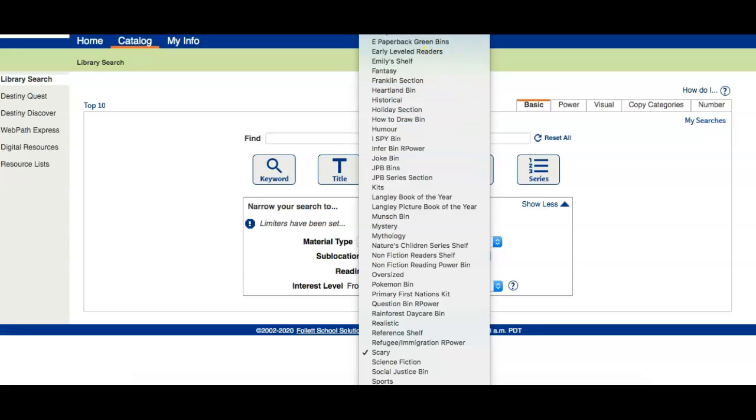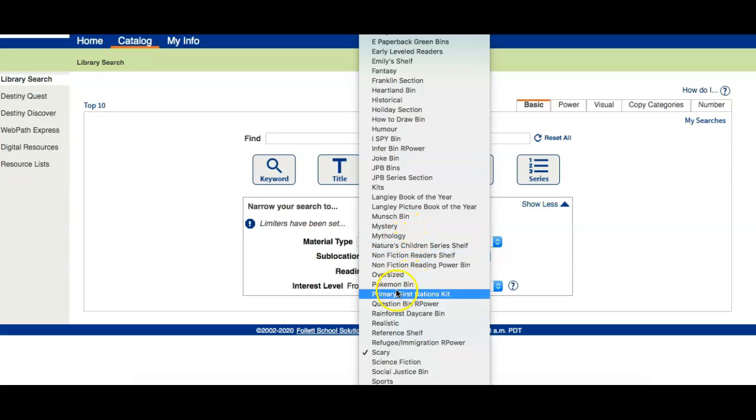Now, mostly you're going to want ones that have simple titles like adventure. Annals are books that you may want in our fiction section. Humor, but you may also want joke books. You may want